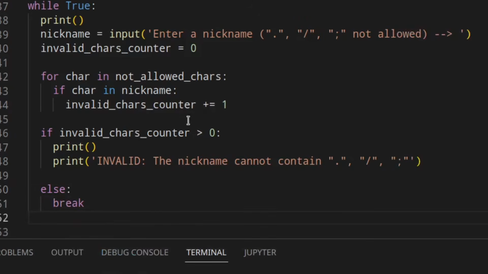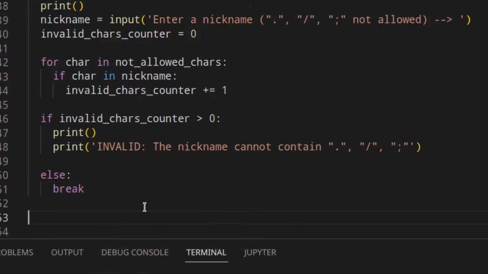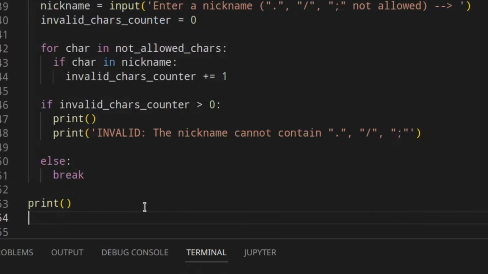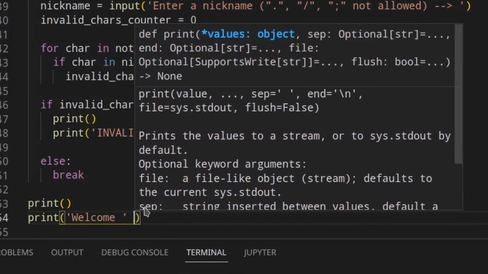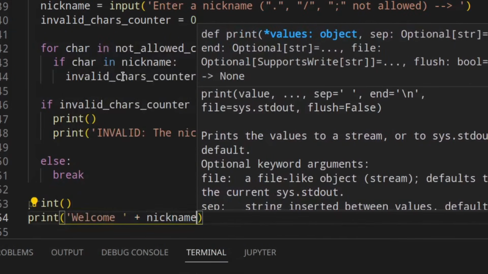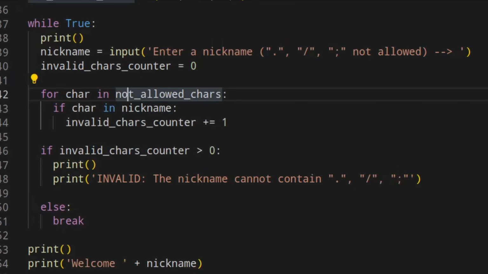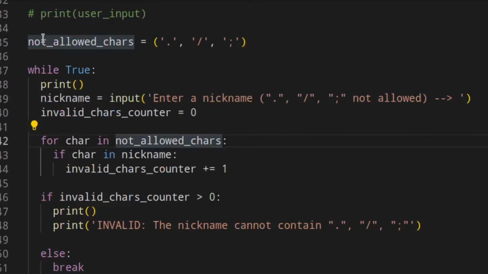And down here we can do something like print welcome, nickname. So basically here we've got the characters that we don't want the user to have in the nickname.